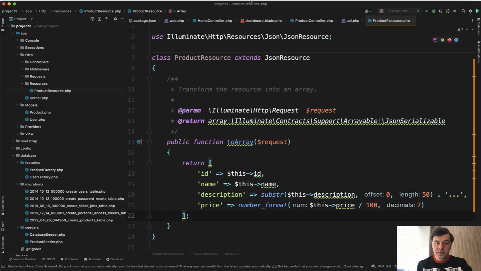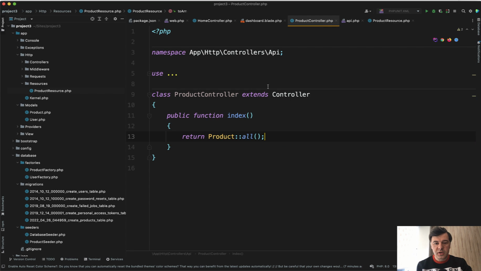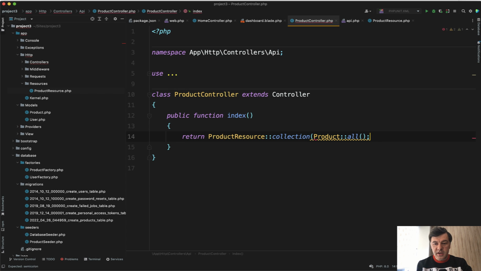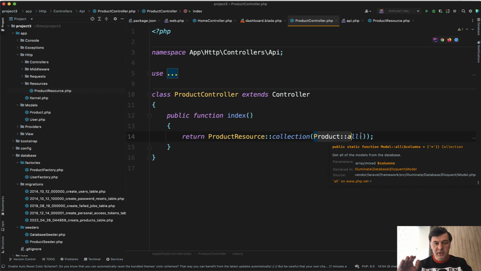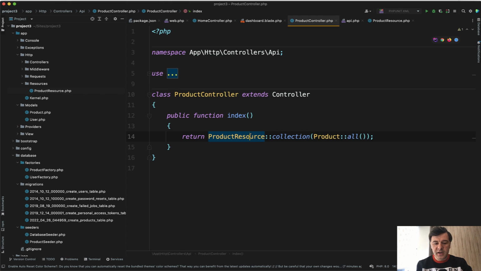And now to use that product resource in the controller, we replace product all, or in fact add something to product all. Add the transformation layer, which is the product resource collection method, and the parameter of that collection is actually product all. So what will happen? The query to the database returns product all, and then another layer, another filter of transformation with that product